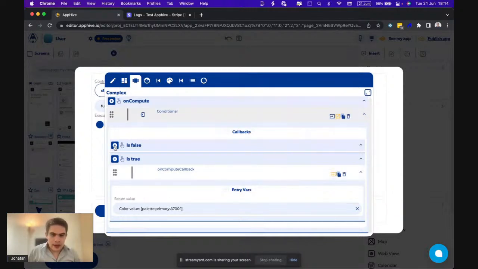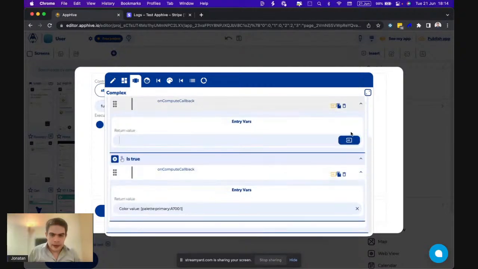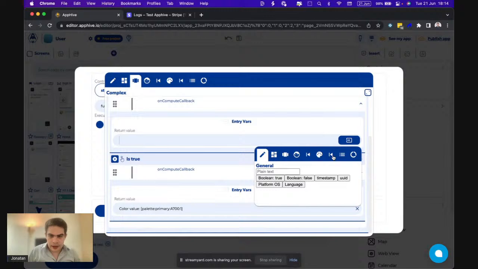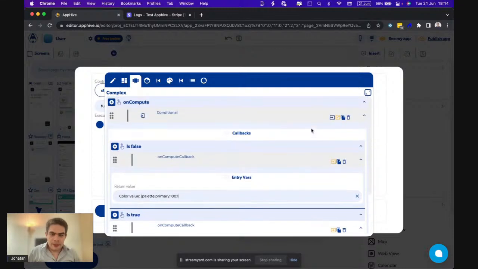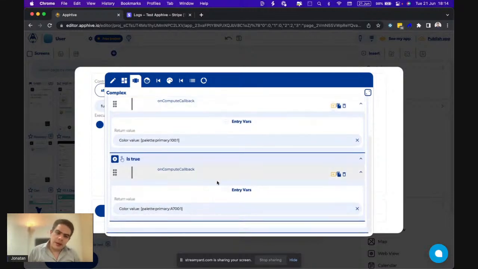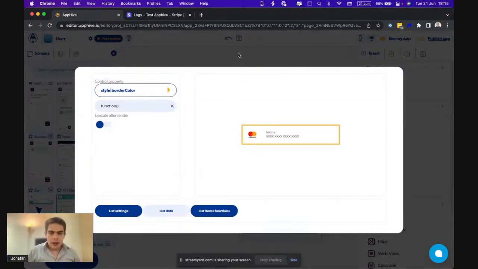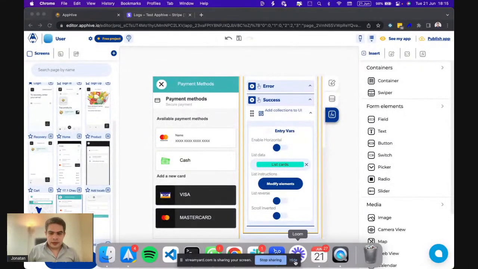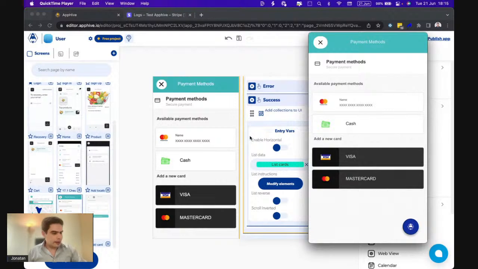Okay. If they are not the same, I can send a gray color. It's not important. So we have two colors: one when it is selected, and the other when it is not selected. So let's try this in our